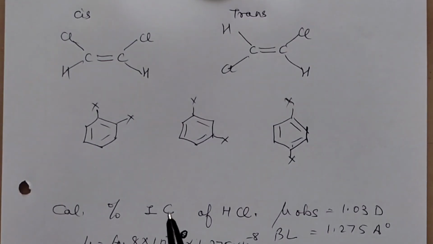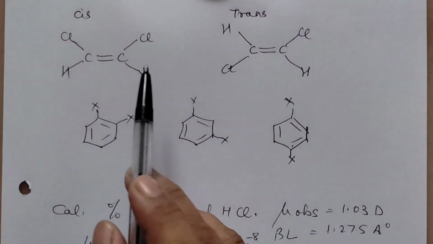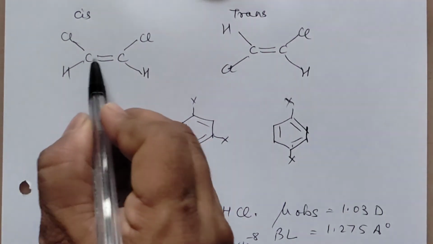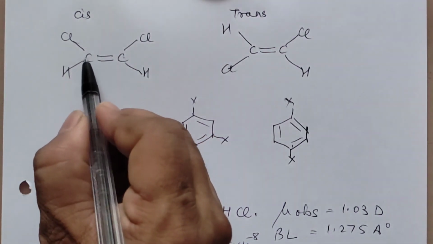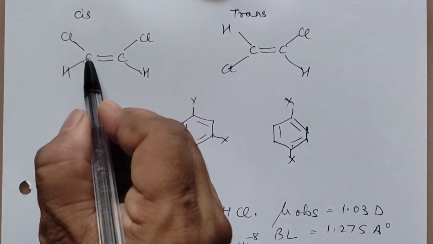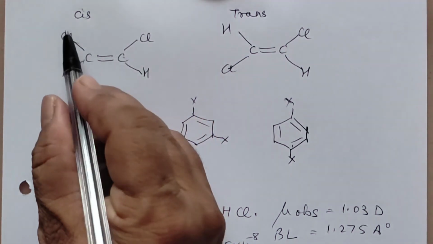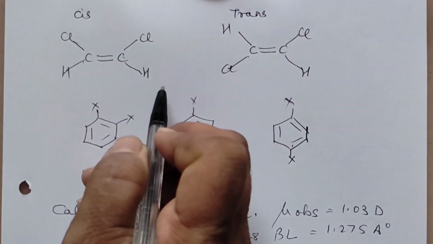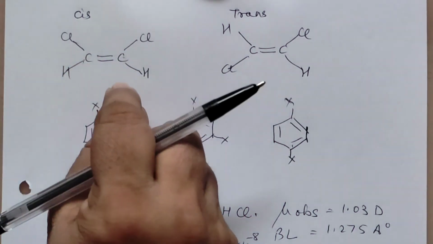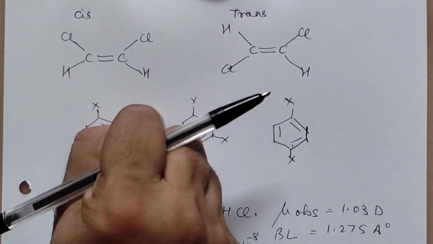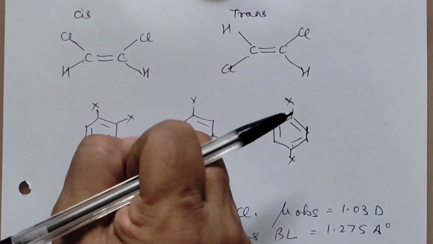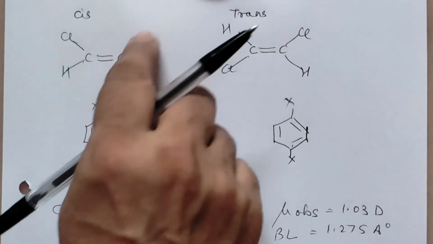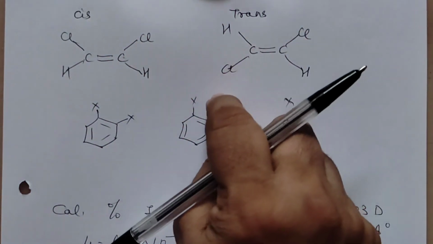Sometimes you're also asked questions to compare the dipole moment of cis and trans. Now, what is cis? If there is a double bond, and on the two carbons bearing the double bond the similar groups are on the same side, like chlorines on the same side, hydrogens on the same side. Even if only one group is the same, say only H is on the same side, it will still be cis. Here it can be something else also. This is trans: in this particular example, both sides you have H, both sides Cl. Here Cl is on this side and the other Cl on the opposite side.